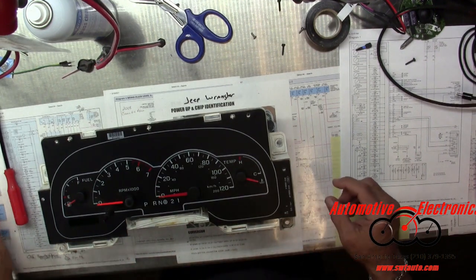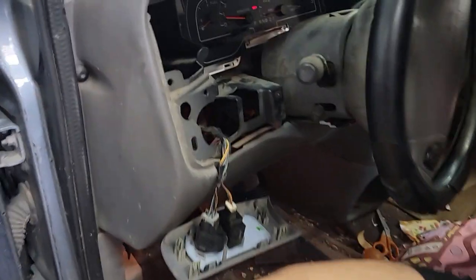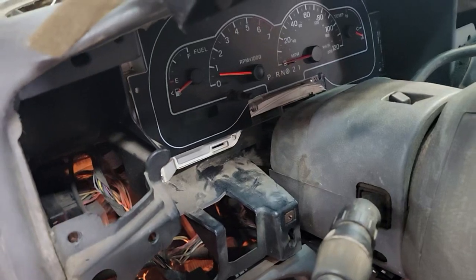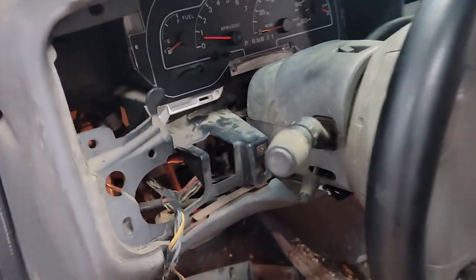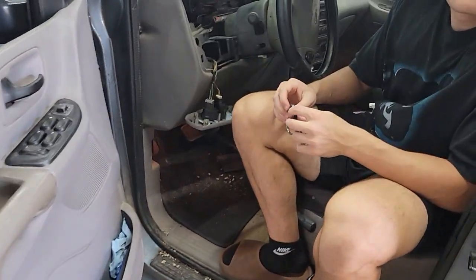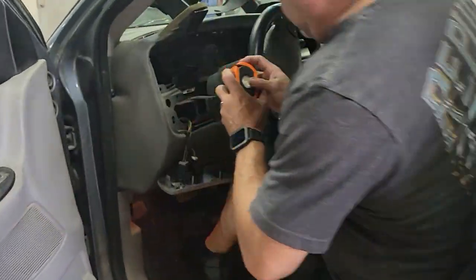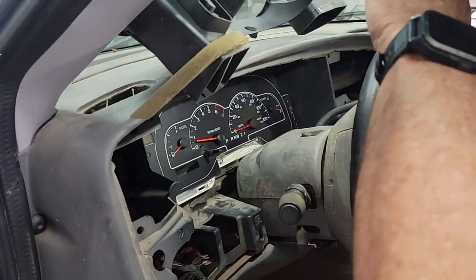Alright, Ryan, you ready? Okay, after getting this out here in the car, you can see with the power hooked up to it, our RPM level is high. So I'm going to show you how to get that fixed. Ryan, come out here and, okay, you're filming. Alright. So what we're gonna do,